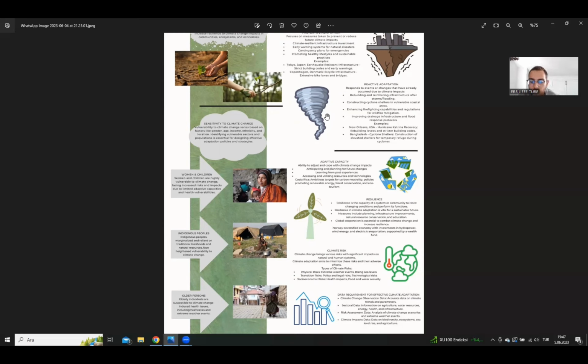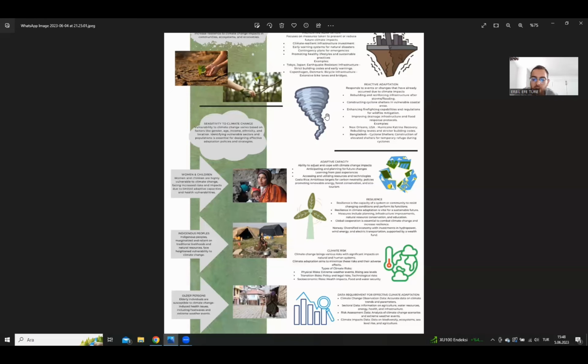Rotterdam is a global leader in climate adaptation, while Singapore focuses on water management, urban planning, and food security. Copenhagen prioritizes sustainable urban planning. Norway invests in renewable energy and natural resources, ensuring long-term sustainability and a sustainable future. These examples serve as inspiring models for building resilience and a sustainable future.